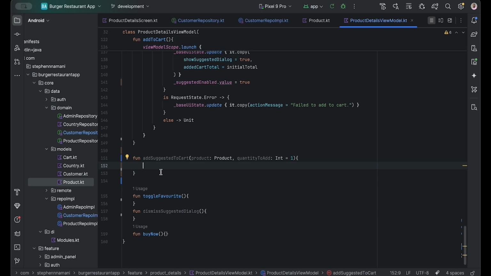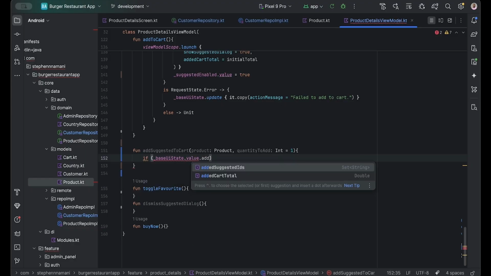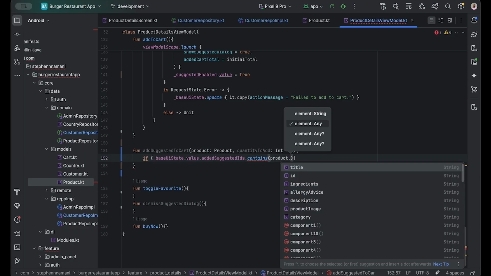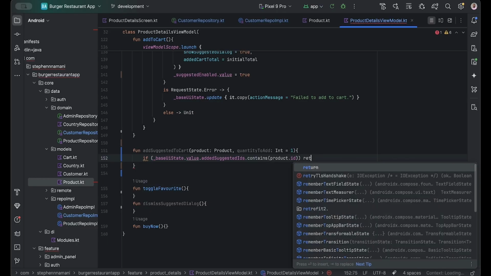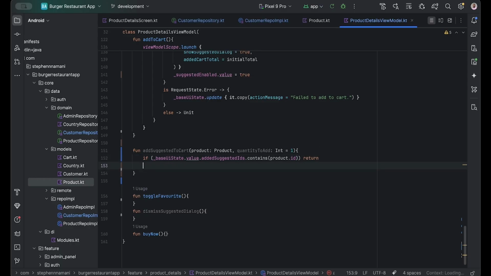So now let's prevent them from adding duplicates. In case they tap it like 2 times, we say if baseUiState.value.addSuggestedIds.contains(product.id), we should return. That means we're just setting just one product. So if they have clicked it already and they click it again, since the product ID already exists, we should